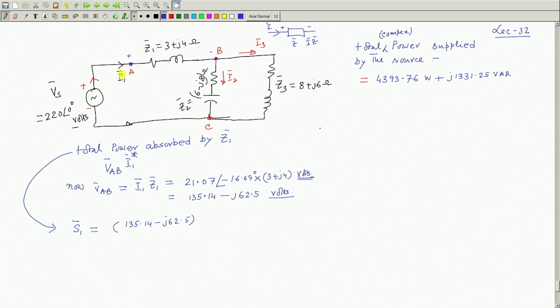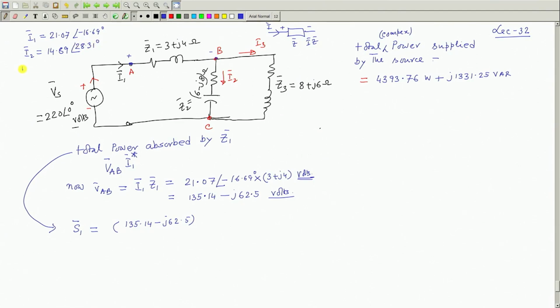So, I 1 bar was already known to be, let me write down, equal to 21.07 into angle of minus 16.69. Let me write down all the currents we have already solved. I 2 bar, I got it 14.89 and angle 28.31 degree,